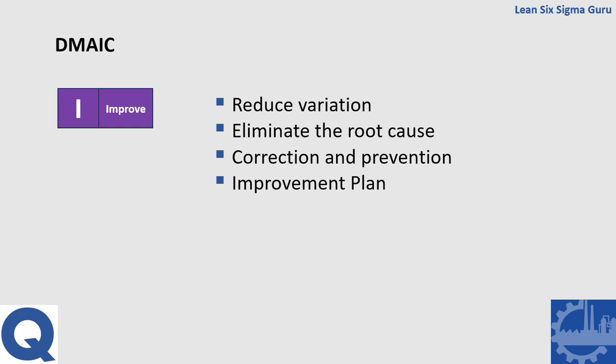I is for improve. That's where we reduce that variation we just talked about. We eliminate the root cause, the corrective and preventive actions here, and then an improvement plan is executed. So define, measure, analyze, and improve. The last step being